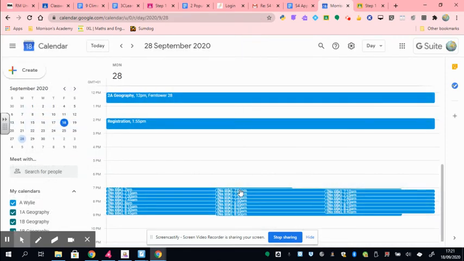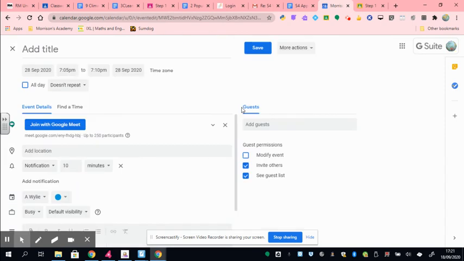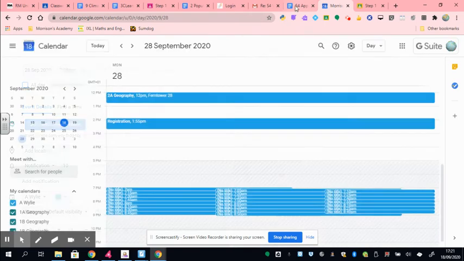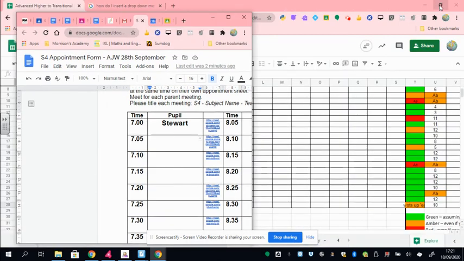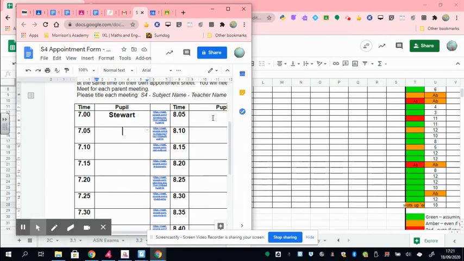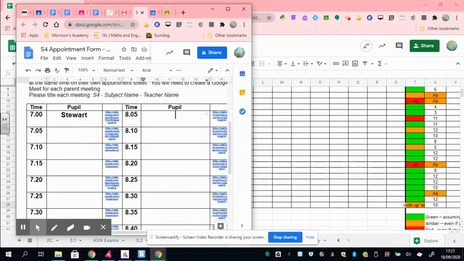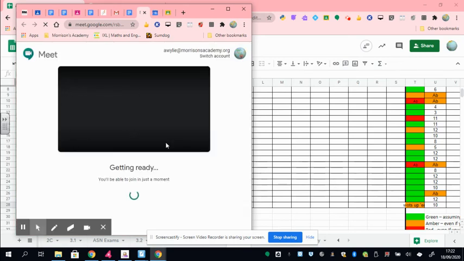And I would just work my way through each of these, clicking on it, selecting the little edit event button, the small pencil, and adding my student, my guest for that time. What that will allow you to do on the day is have this set up for you to see. You can reduce it in size and have it on part of your screen, for example, and just navigate your way through clicking into each one. So I can show you what that looks like. You click on the meet, and in this case, I would have invited Stuart to this meet, and it just takes a few seconds to open up,